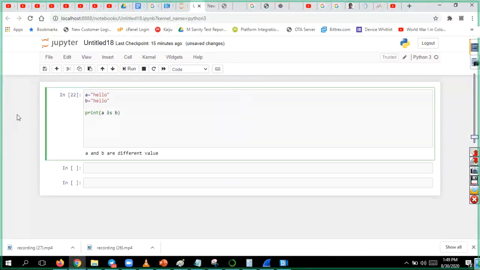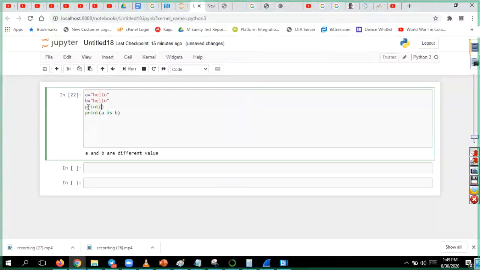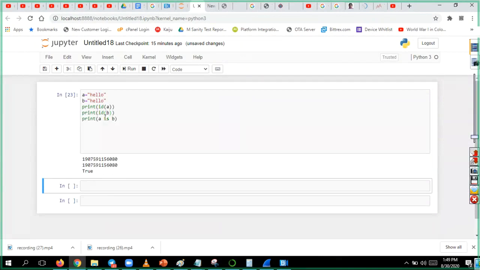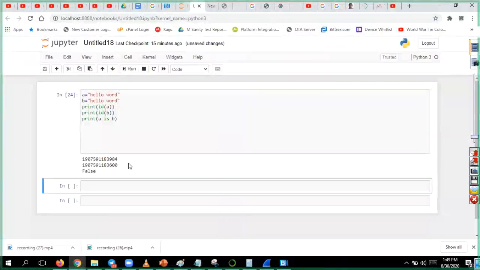A is B will be referring to the same object. If it is a sentence, then only a new object will be created. One word doesn't create a new object. Both will be referring to the same object. But if you have a sentence, even though they are the same, hello world, they are different.